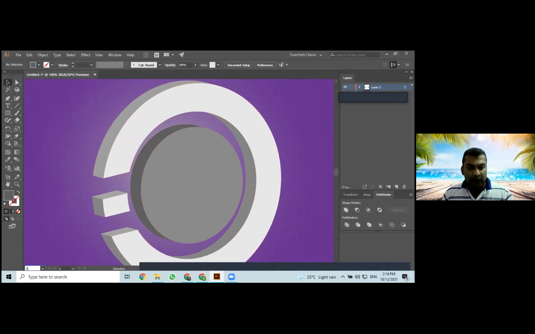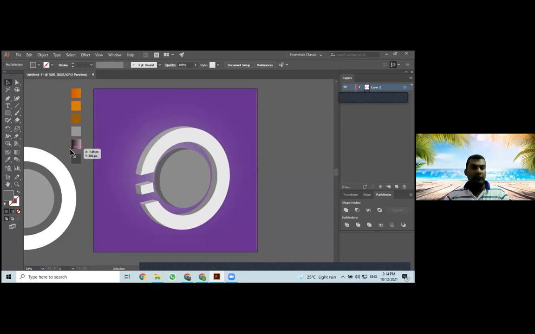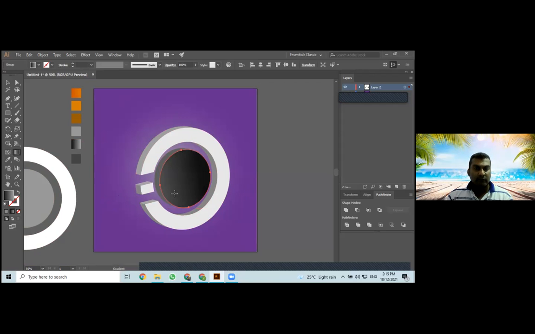Let's say I make it 50%. Then you make it a gradient over here. You can simply click, or use your eyedropper. You can just play around with whatever color you want. If you feel it's too black, you can always turn on your